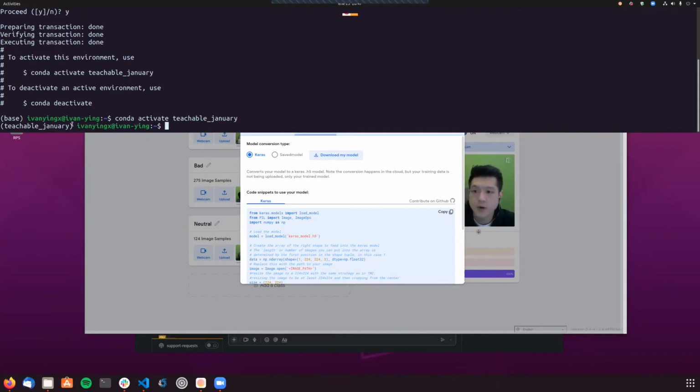Okay, so you will see that my virtual environment is activated because on the left-hand side of my terminal, we can see Teachable January, which was the name of the virtual environment that I wanted to use. Okay, so now that we have,